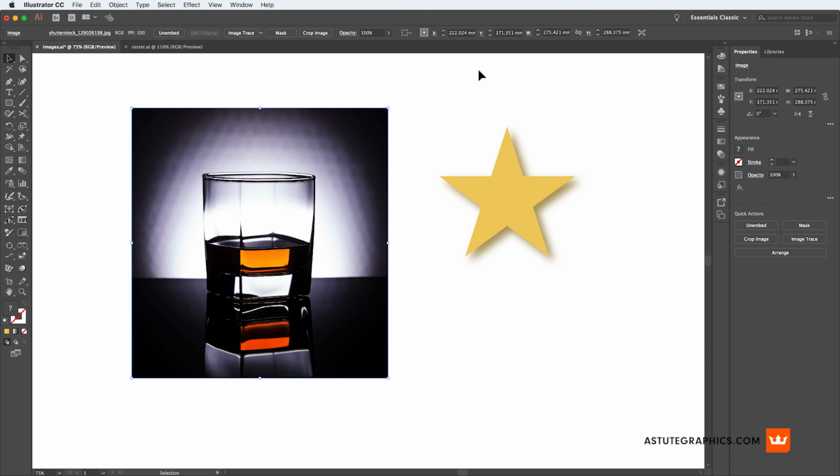Now, embedded images are raster or bitmap images placed into the working space of the current document and then embedded into it. They can also be effects that you've produced in the process of work, such as using Photoshop effects or Stylize effects, things like drop shadows. And Rasterino allows you to edit these embedded images, opening them directly in Photoshop or your chosen image editing software, and then updating them in Illustrator.